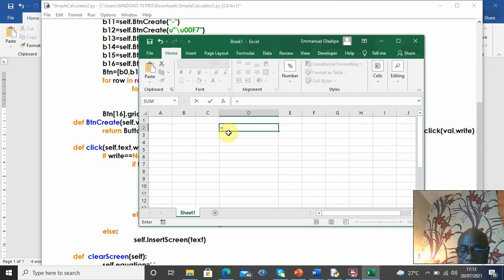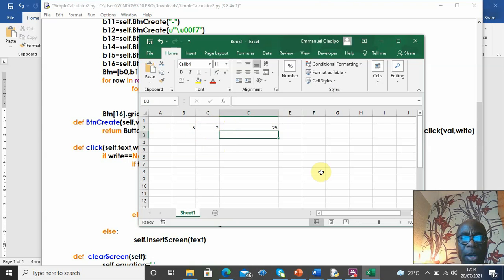Alternatively, you can use cell references. Let me put 5 there, and then type 2 there, and you type the equal sign and then that. Exponentiation in Microsoft Excel uses the caret symbol, which is that one there. I click on that and it produces 25, as you can see. But with